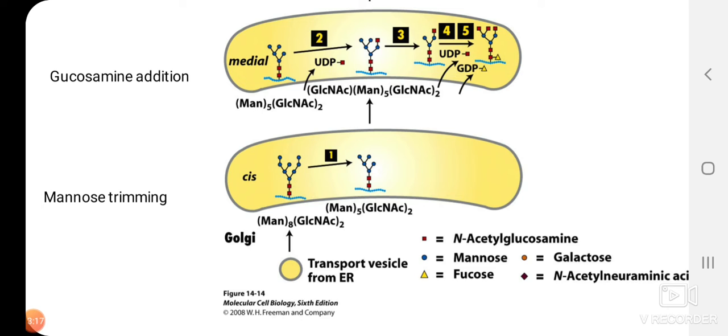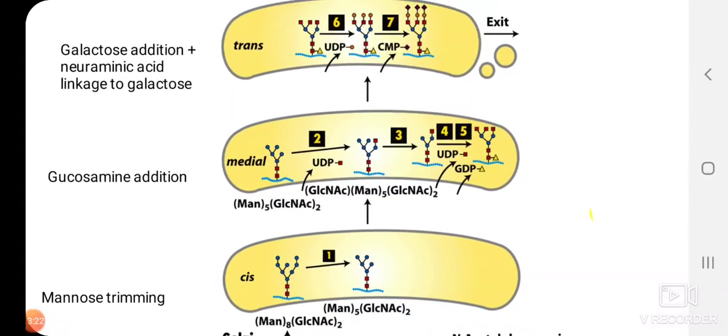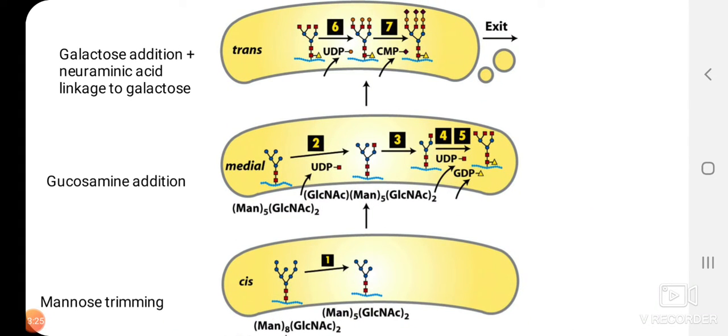In the cis Golgi, there will be trimming of mannose residues, followed by addition of glucosamines in the medial Golgi. Between these Golgi complexes, again there will be vesicularization and fusion of the vesicle with the target Golgi sacs, and there again vesicularization, again fusion with the target Golgi sacs. Like that, there will be movement of these vesicles between these Golgi sacs, which we also call cisternae, so that the processing of this particular sugar tree is going to take place.